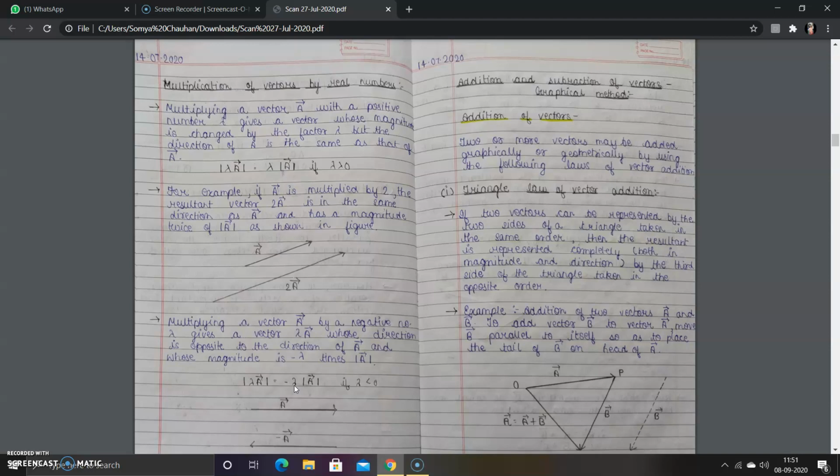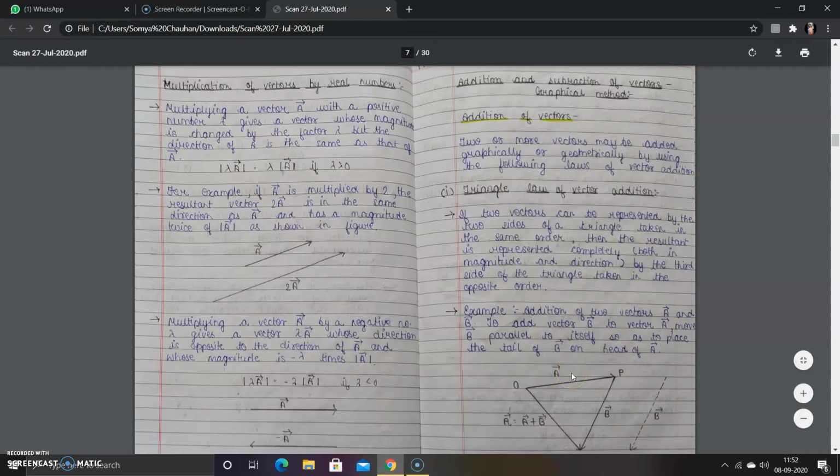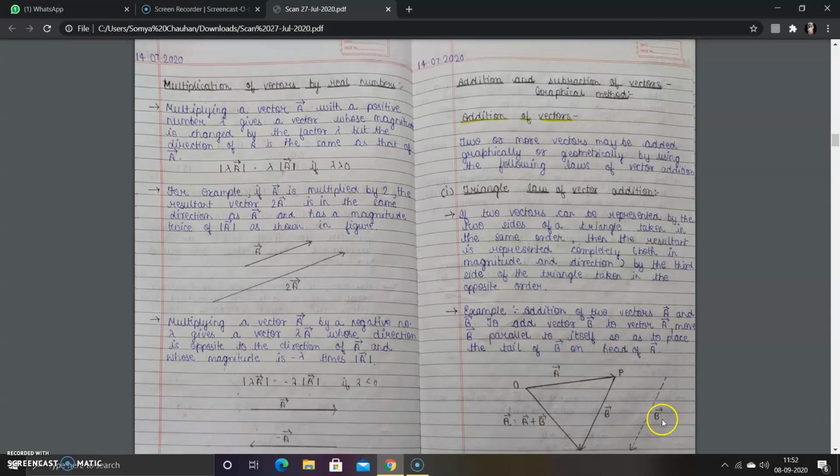For triangle law, what we have to do, we know that triangle has three sides, while for addition we need at least two vectors. Then these two vectors are showing the sides of a triangle. The third side of the triangle is shown by the resultant of the addition of two vectors. You can see in this diagram a vector and this dotted b vector line is the initial position of b vector. We have to add a vector and b vector. Then a vector is fixed in this case, we have to shift the b vector.